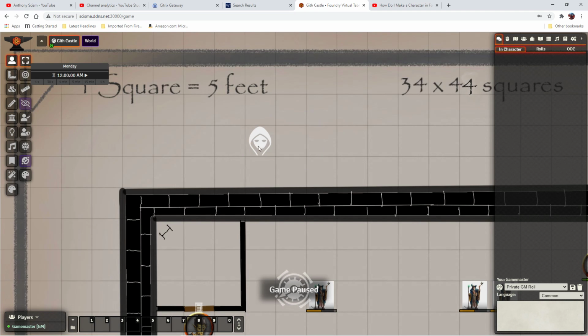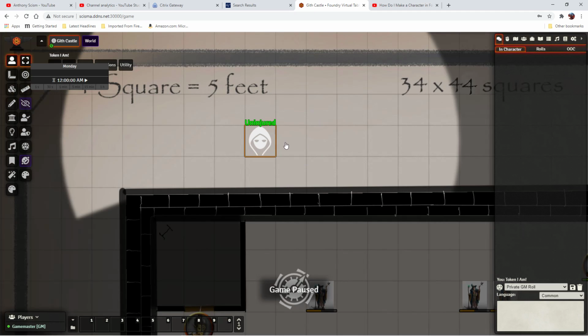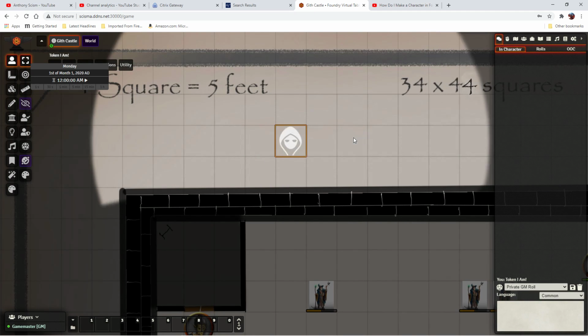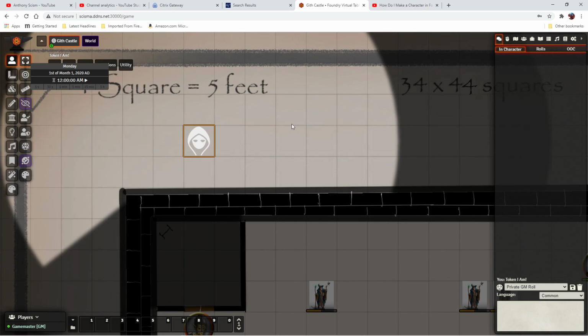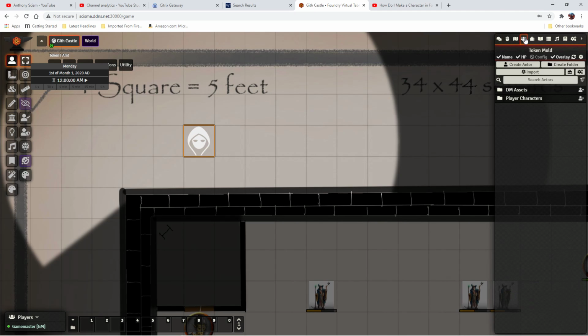Okay, and now we can see everything. You know, if I unpause the game, you can see token move. But I'm doing that currently as a Game Master. Anyway, basically that's how the interaction between the actors